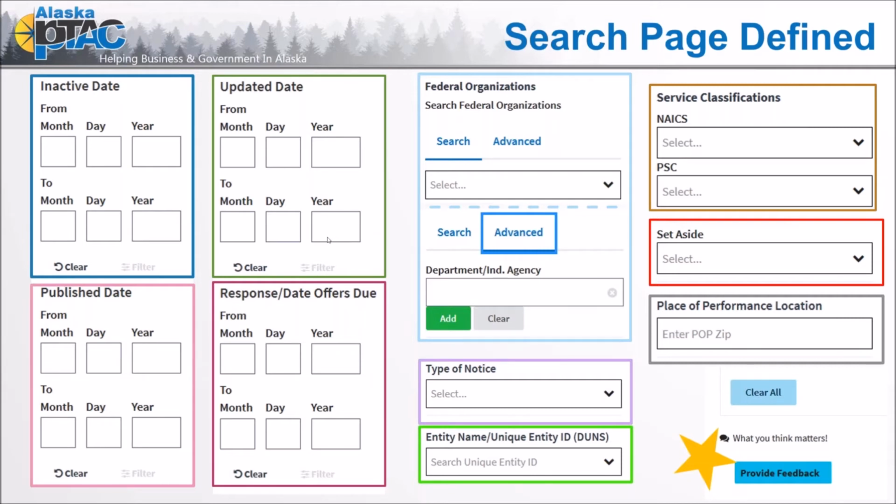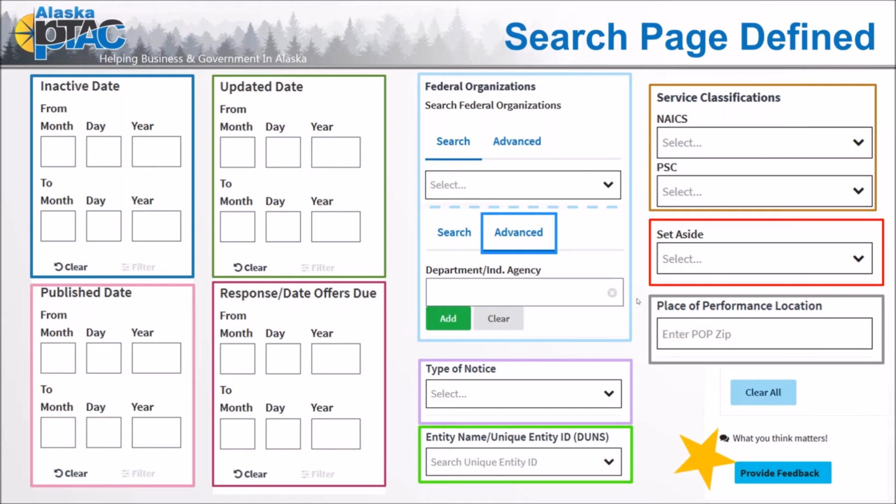One other question. Again, Denise, it says, how do we do a search in Alaska, Oregon, Washington, and California? Honestly, short of saving individual searches where you're typing in that place of performance as a search filter, there really isn't currently any way of doing multiple locations short of entering all of the zip codes. Now, I could be wrong. I am by no means an expert on this. This is just based on my experience of trying to break and understand the system so that I could give you guys good advice. So currently